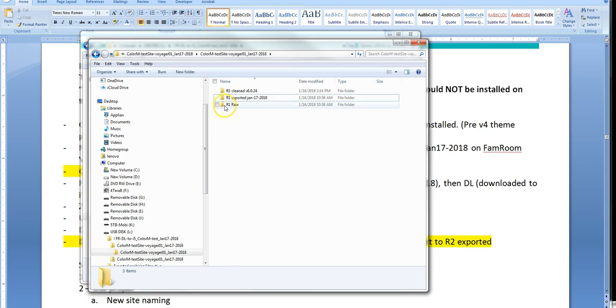I created a folder called R1 raw. I created a folder called R1 cleaned. I created a folder called R1 exported. Now I'm going to publish into this one called R1 clean, and I'm actually going to rename this because I want to make sure that it's version 4. So somewhere I want to know that it's version 4, so I'm going to put it there. And I'm going to publish to R1 raw, and then